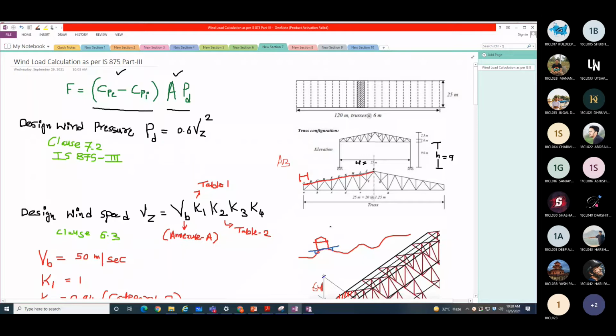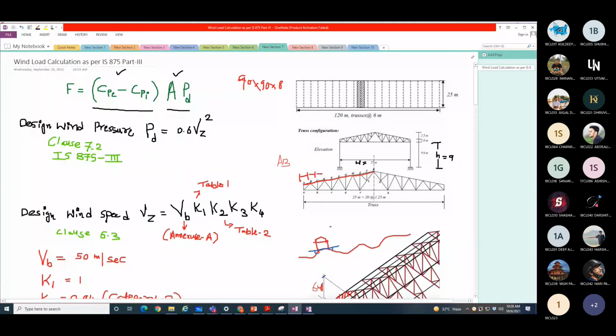So you require to do the design in such a way that all these members will have the same cross section, I mean the same member 90 by 90 by 8. You must have seen in trusses, the same member is throughout the top chord member. Right? So you require to see each and every member force.